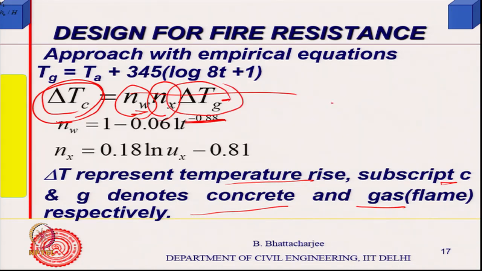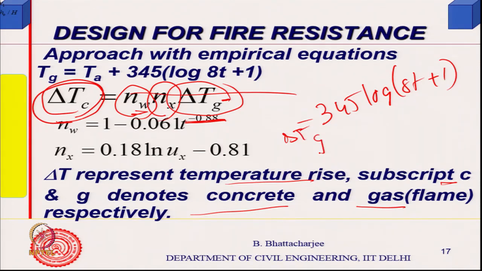Delta T g, the gas temperature increase, I can find out as 345 log 8 T plus 1, that is equal to delta T g, right. This I can find out, and this delta T c, the concrete temperature rise, is what I want to find out. N w is a function of time. As the time increases, this